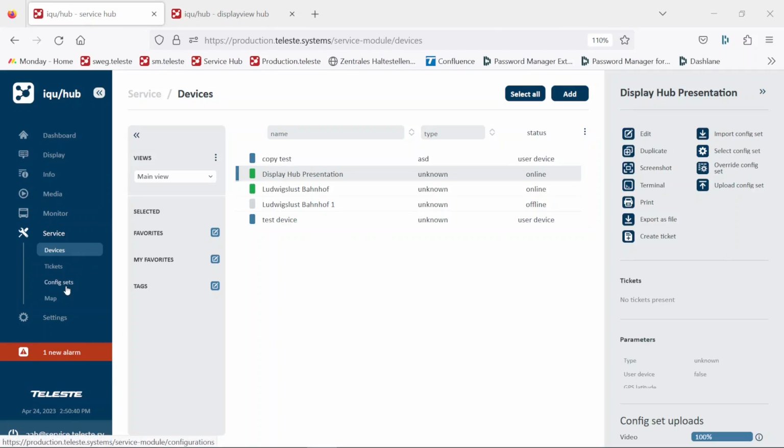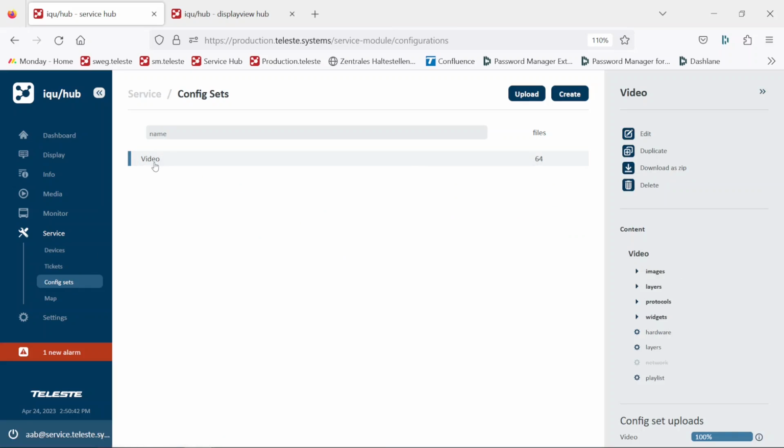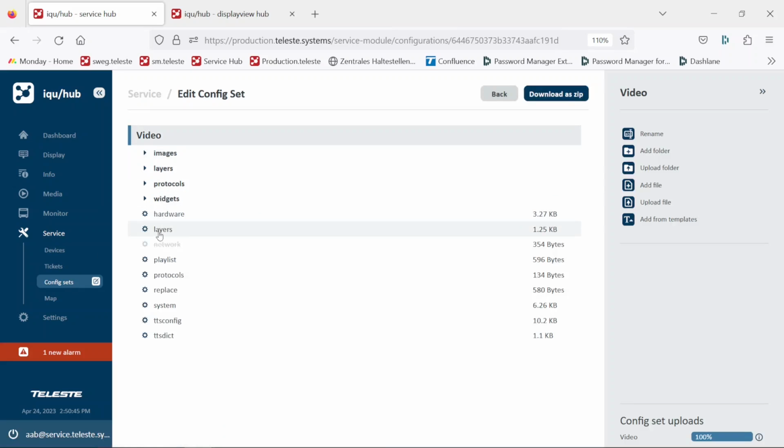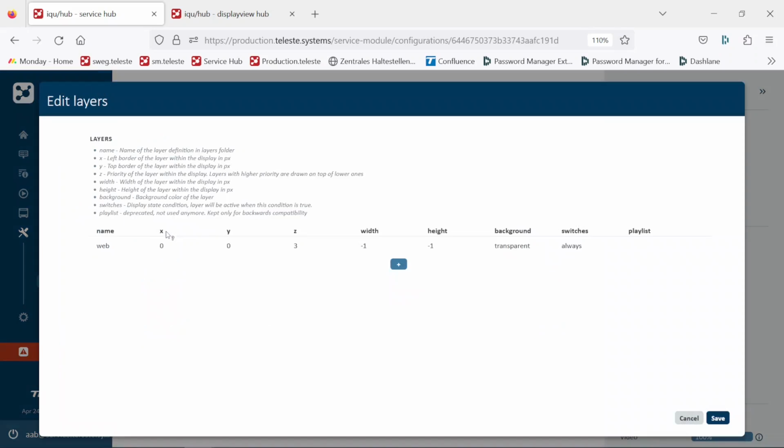Again, click on config sets, double click video, and this time we have to open up the layers file. Here, to add the video, we have to click on the plus, type in media. We have to choose where the media file starts. At this point, we can calculate the starting position by adding the width of the two widgets we have already created. In this case, it's